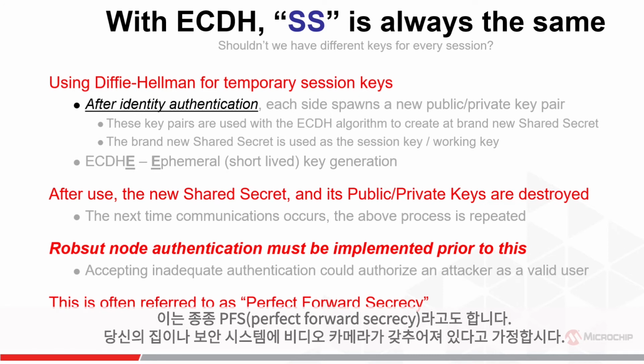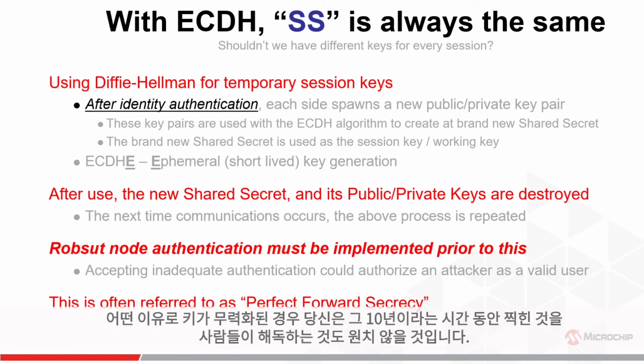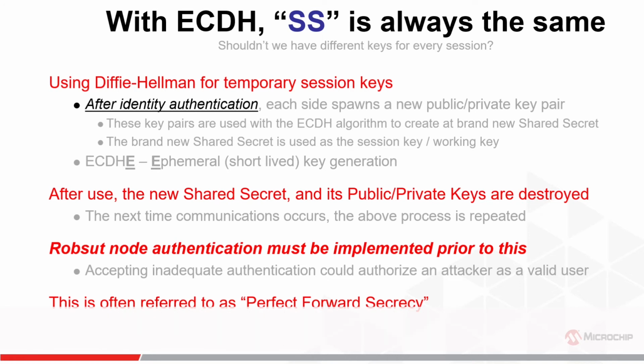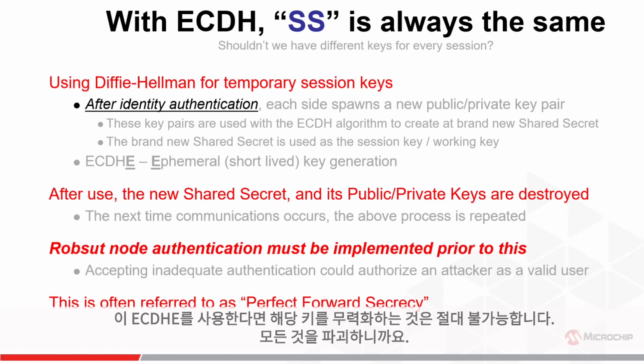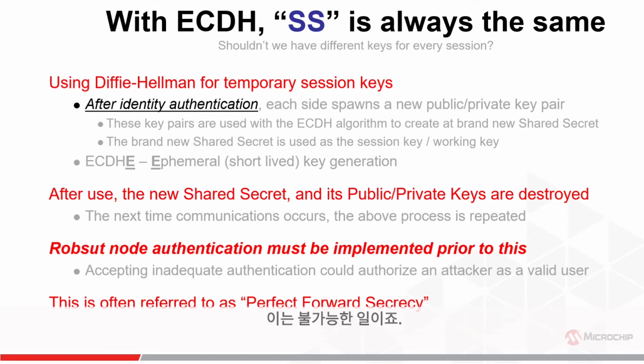If you can imagine, say, a video camera in your home for a security system, it's in there for 10 years. After a while, you forget it's there. You don't know what you've done in front of it. You don't know what it's captured. You don't want people to be able to decode everything, 10 years worth of video, if for some reason your keys were compromised. Using this ECDHE, those keys can never be compromised because everything is destroyed. If someone were to do a brute force attack on one transmission, and let's say they were even successful with it, they would have to do that brute force attack on every single transmission that your camera made. And that's just infeasible.